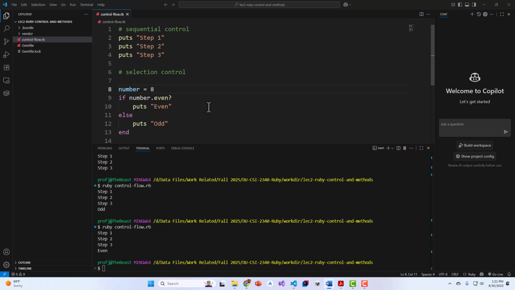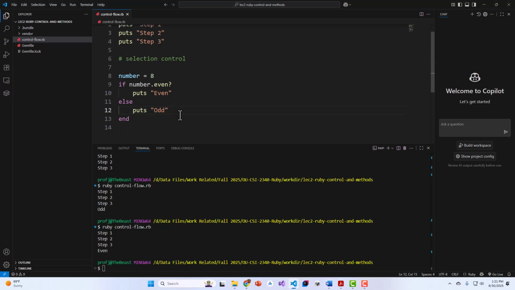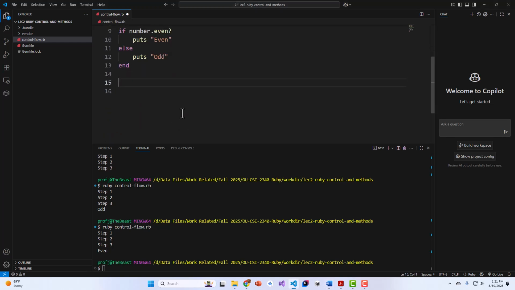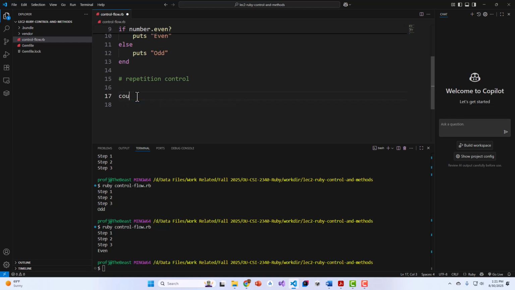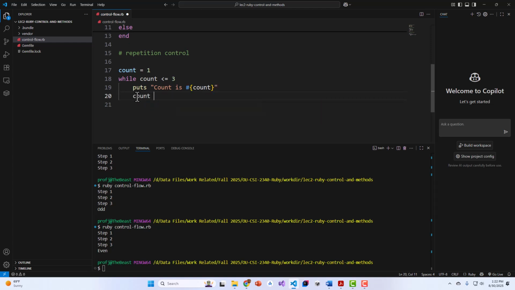Now, the next thing up is repetition. So for repetition control, these statements are often called loops. So I'm going to control the loop using a counter called count. Count is equal to 1. While count is less than or equal to 3, I'm going to puts "Count is", using string interpolation, and then count += 1,